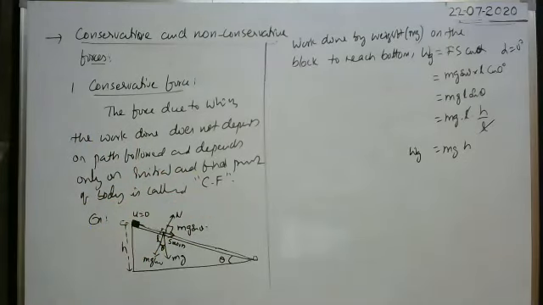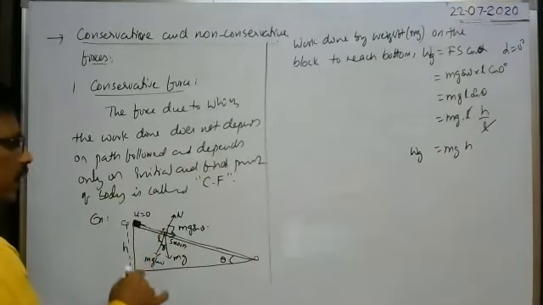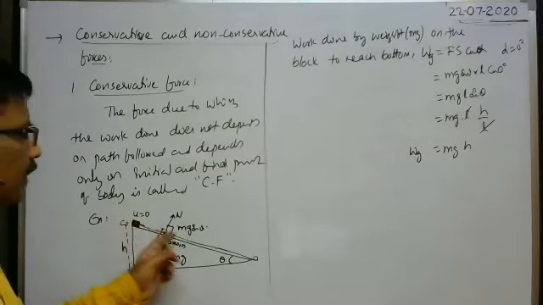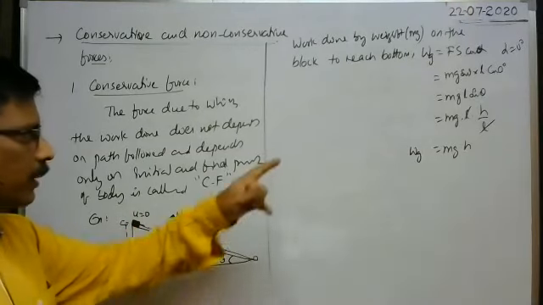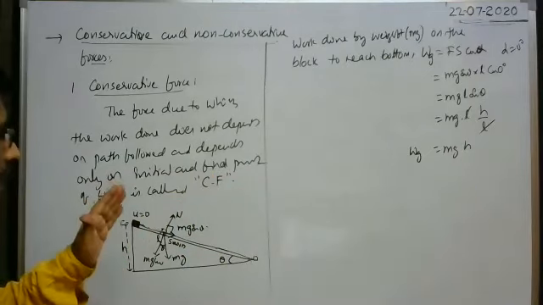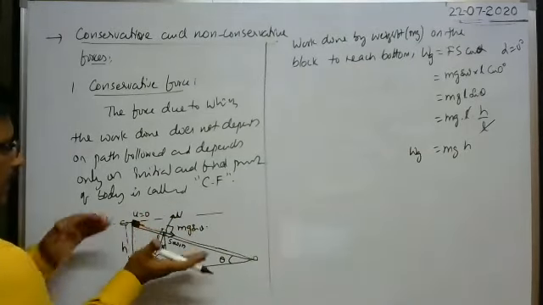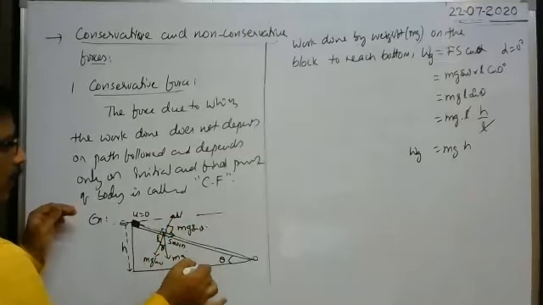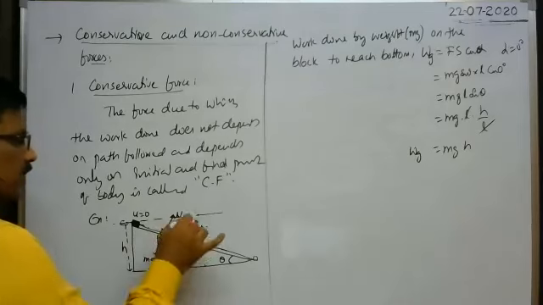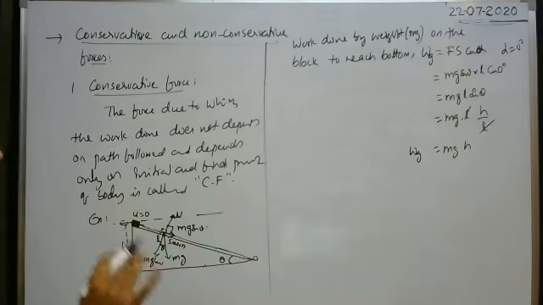Both are the same now. So whenever the block is moved along the inclined plane or whenever the block comes down, the work done by gravity does not depend on the path followed. When the block travels along this path, work done by gravity is equal to mgh. Even when the block travels from this point to this point along the vertical direction, in such a case also the work done by gravity is the same. That means along the vertical direction, initially the body is here, finally the body is here. So it is the initial point, it is the final point. Because of gravity, whether the body is displaced vertically downwards or along this path, the work done by gravity does not depend on the path followed.